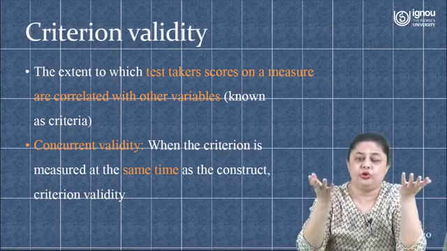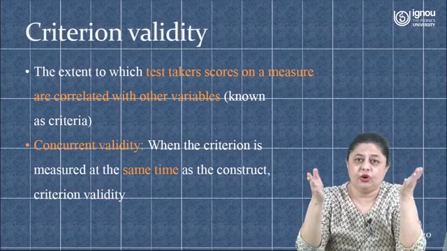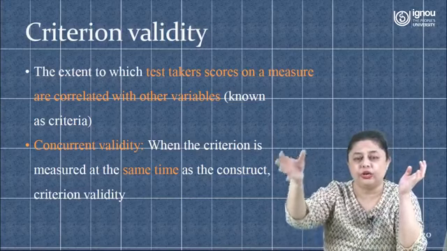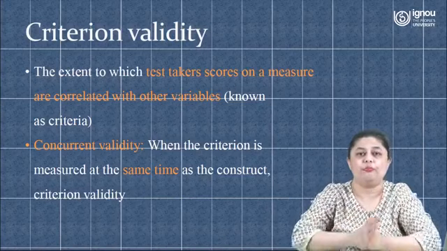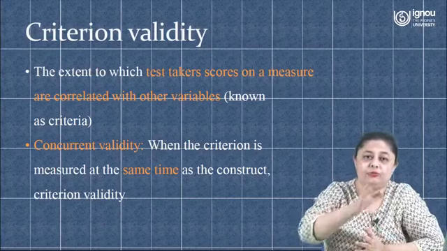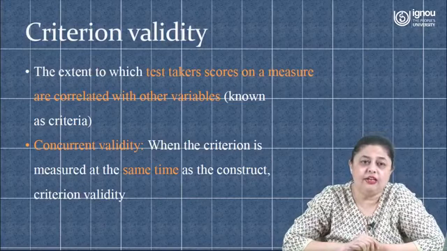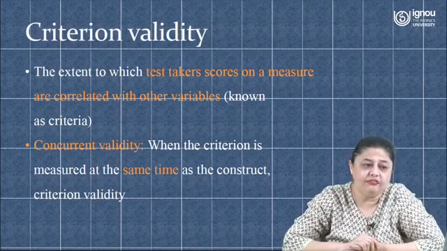On the same scale, it could be the same scale or it could be a different scale. Okay, so there is a complete criterion, a standard, against which you compare the scores obtained on this particular scale that you have developed. Now under criterion validity you talk about concurrent validity, where the criterion is measured at the same time